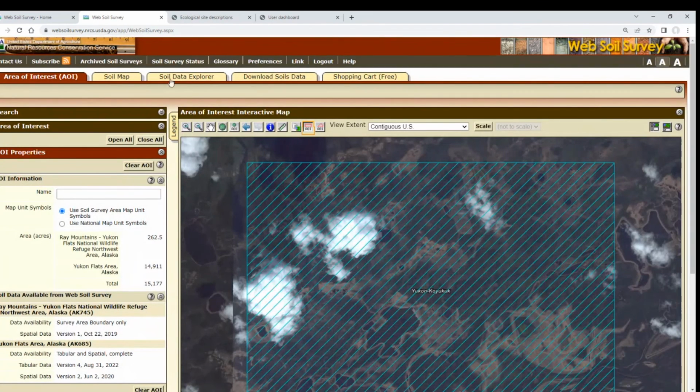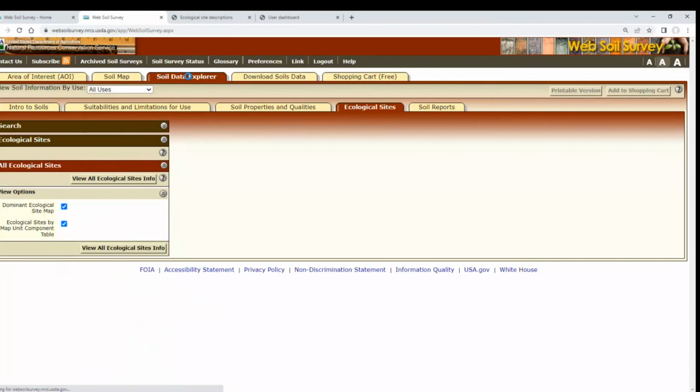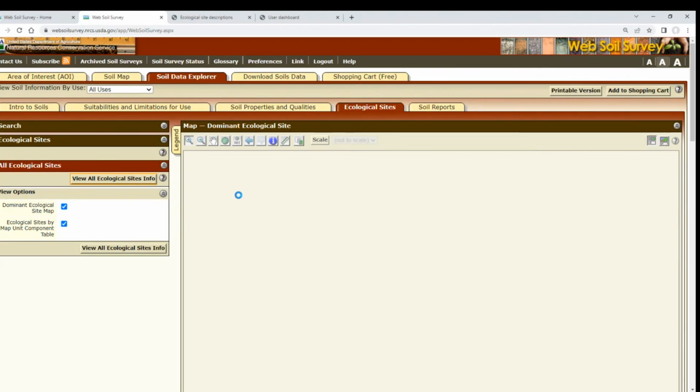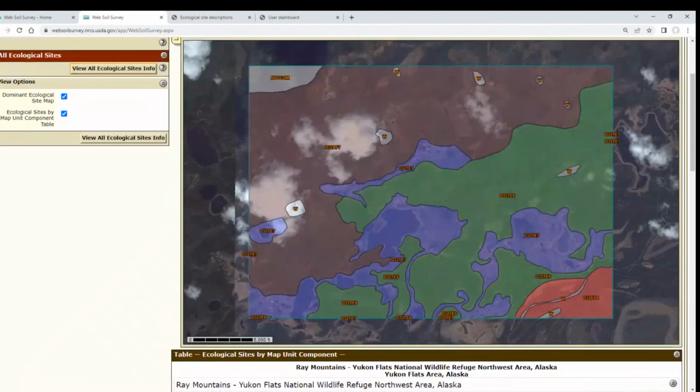Now, if I want to look at the ecological sites, then I need to click on the Soil Data Explorer tab and the Ecological Sites sub-tab, and my area of interest will then show a map of all the different ecological sites correlated to these soil polygons. So let's take a look at this. Why don't we take a look at this green polygon,